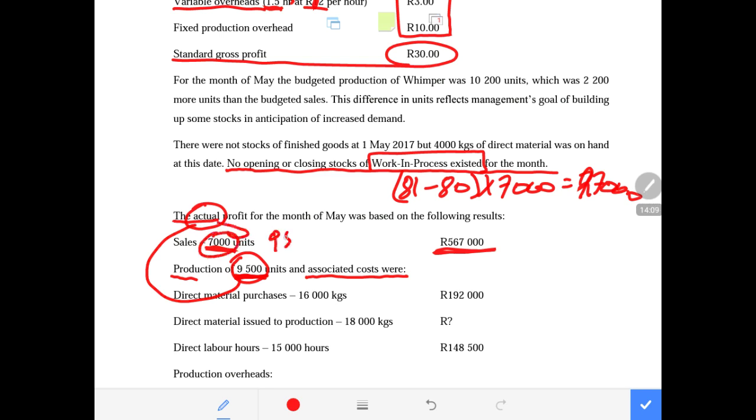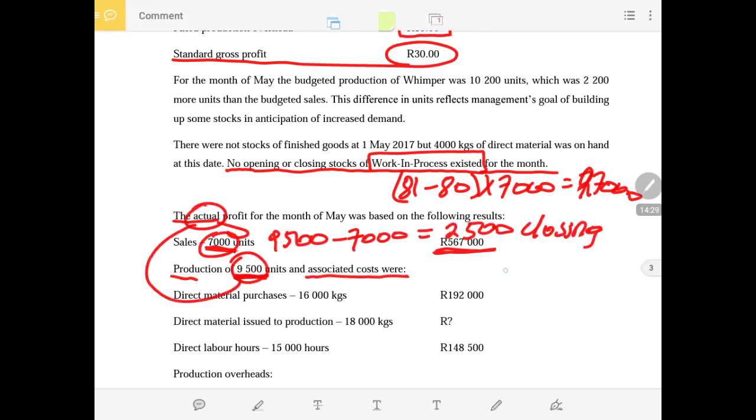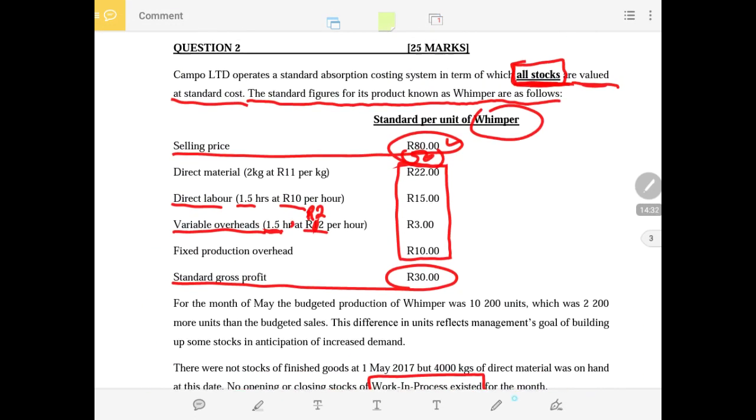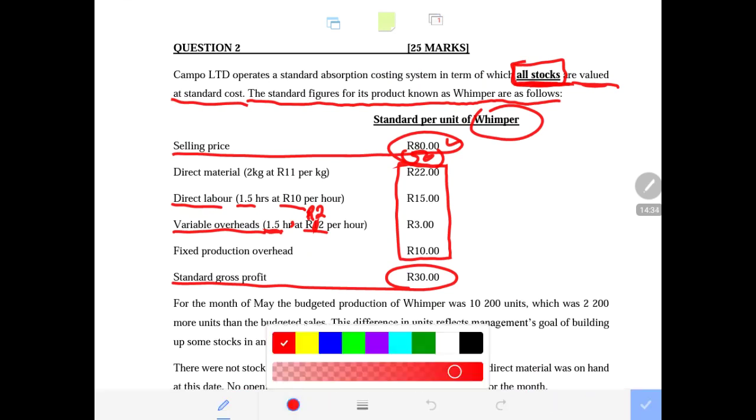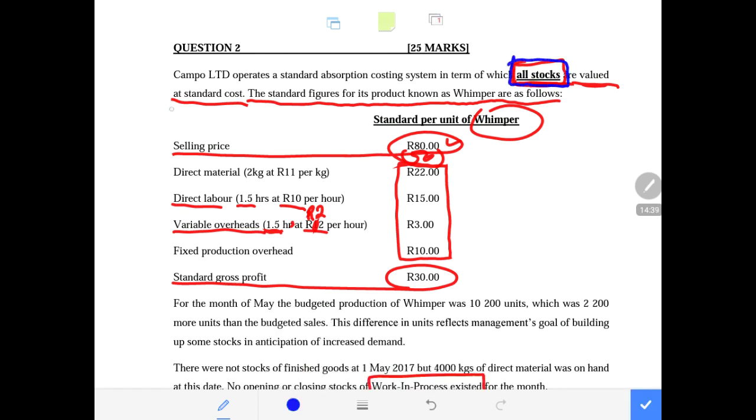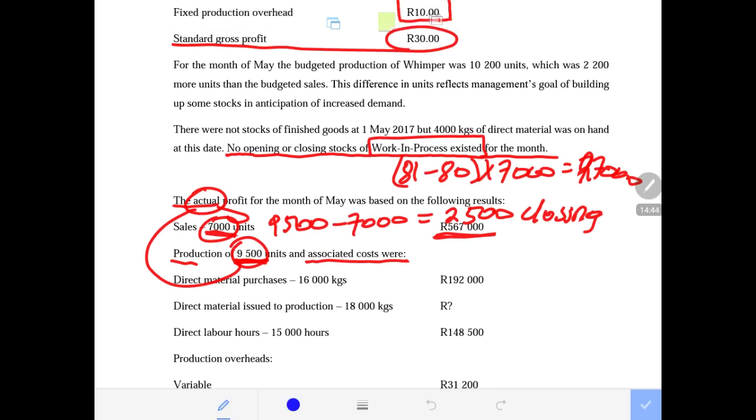So now we produced 9,500 but we only sold 7,000, meaning there will be a difference of 2,500. That will be part and parcel of our closing inventory. So now that will be the cost of our closing inventory. Remember, once again, this is actual 2,500 units closing inventory. Don't forget that highlighted two words. All stocks are valued at standard cost, meaning our actual closing inventory will have